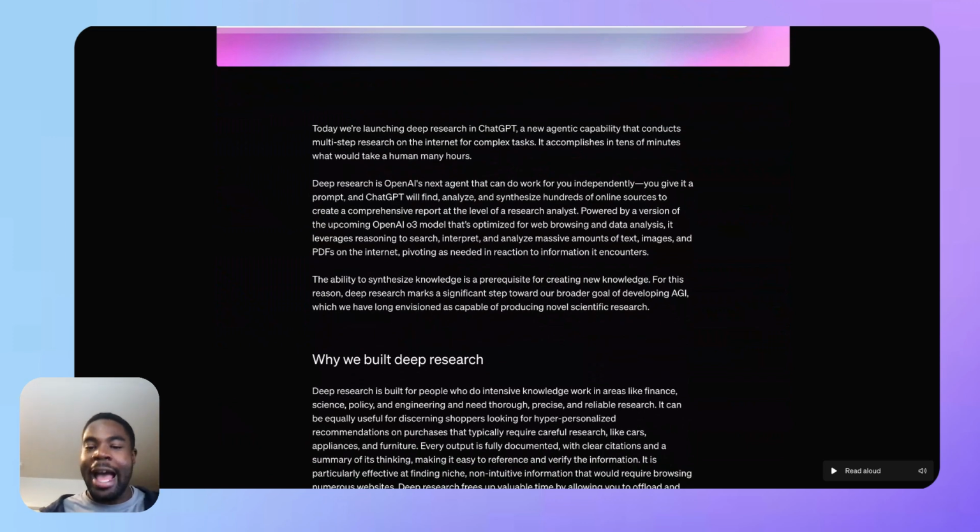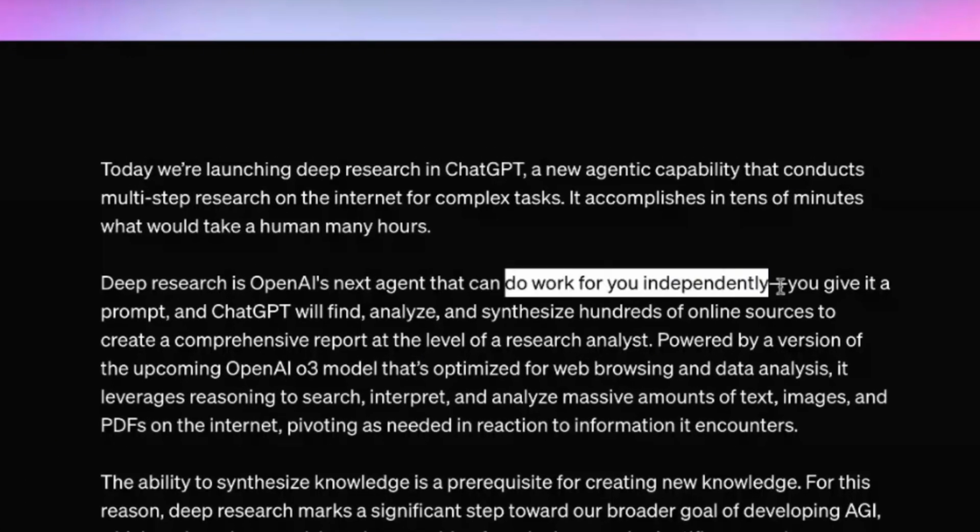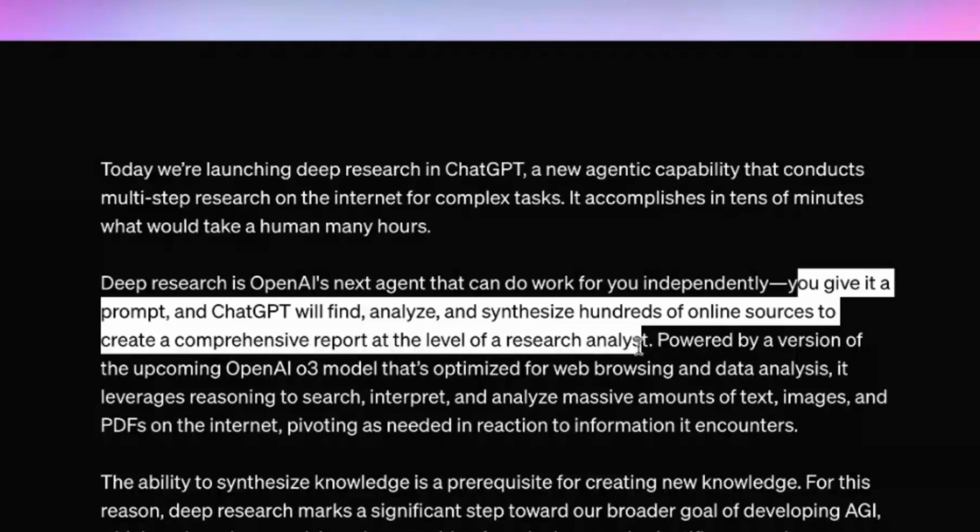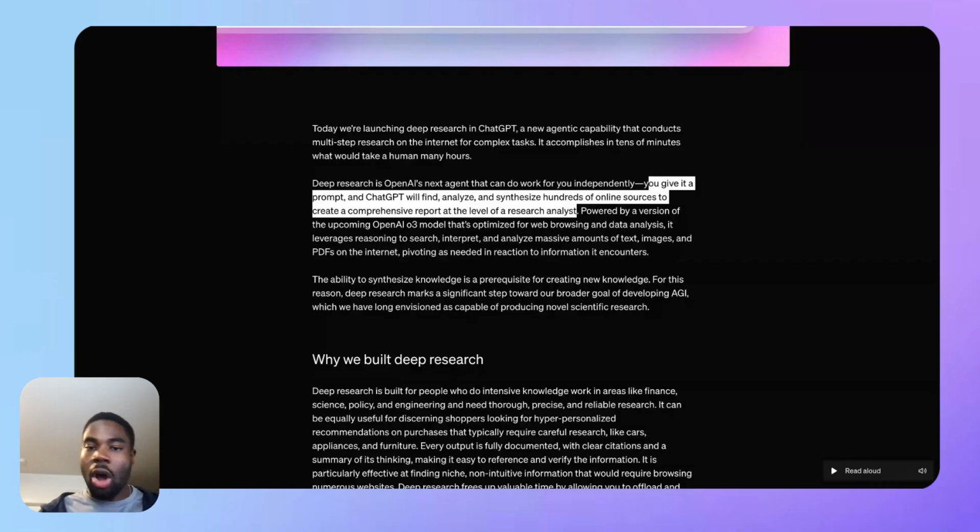Now I'm sure you're wondering, how exactly is this an agent? We know that agents are typically meant to be autonomous. So how is this an agent? It's an agent because, as you can read here, it does the work for you independently. All you have to do is give it a prompt, and it'll find the information, analyze it, and synthesize it from across hundreds of online sources, and then creates a comprehensive report at the level of a research analyst. So this is an agent because autonomously and independently, it works with your prompt to come up with a comprehensive